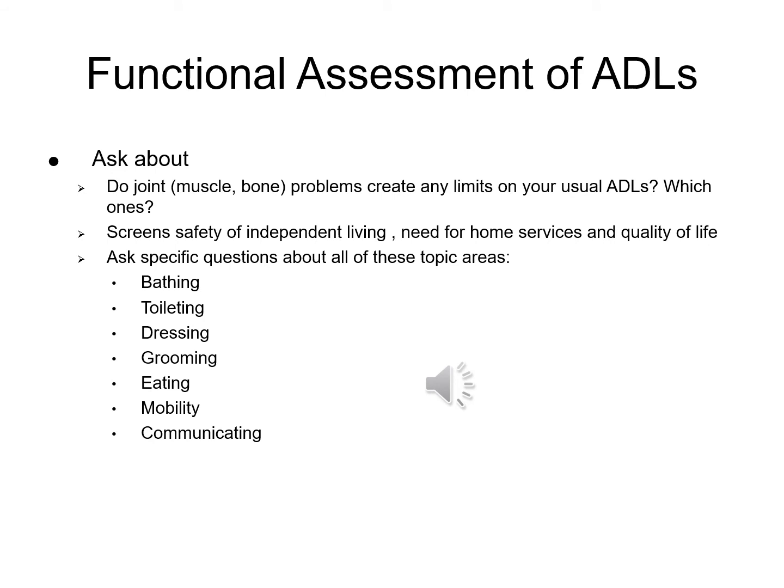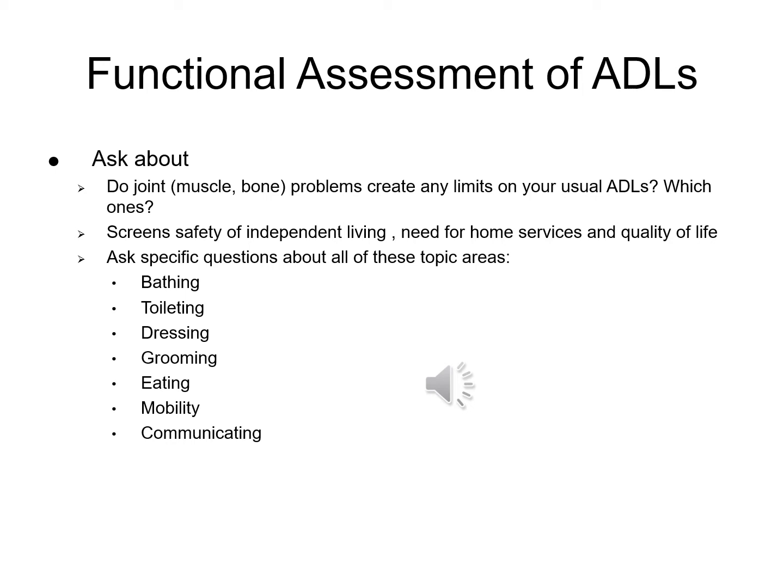So the first assessment I'm going to discuss is functional assessment of ADLs. You want to ask the patient about their joint problems. So is it bone, muscle? What is it limiting for them? Is it limiting their ADLs, and which ADLs are limited? Can they get dressed on their own? Can they brush their teeth? Can they shower? This screens safety of independent living, or if they need home services,